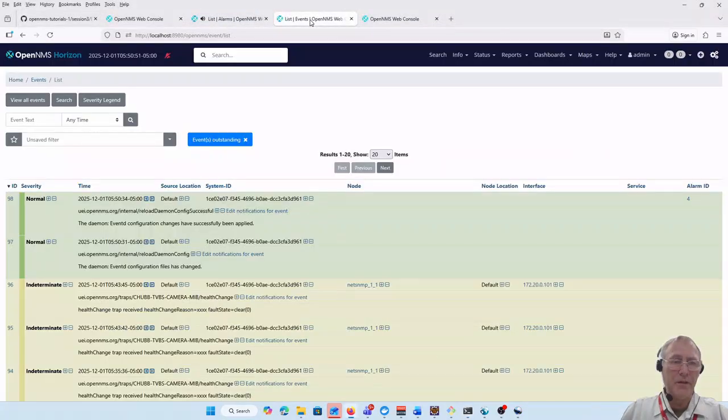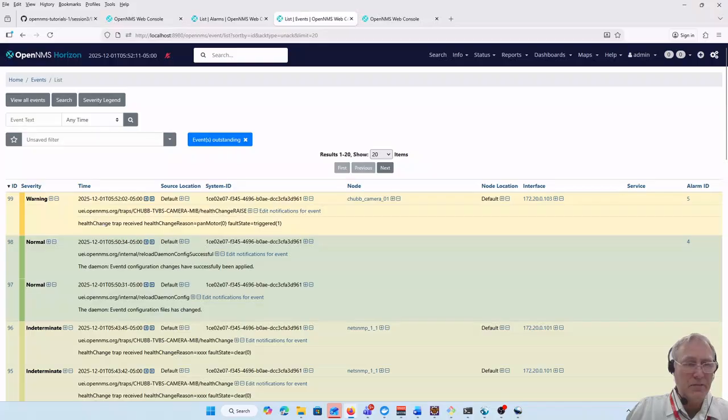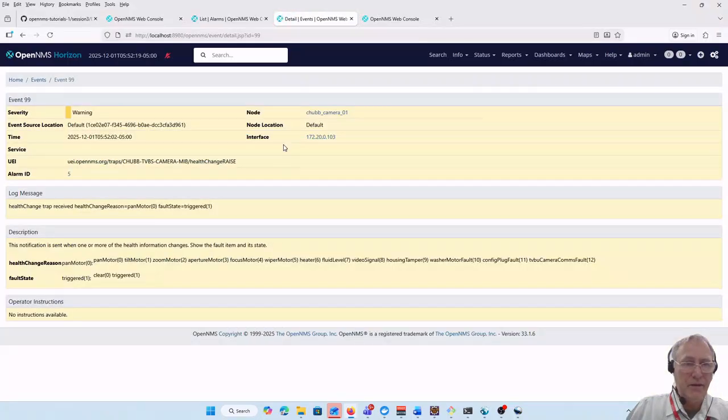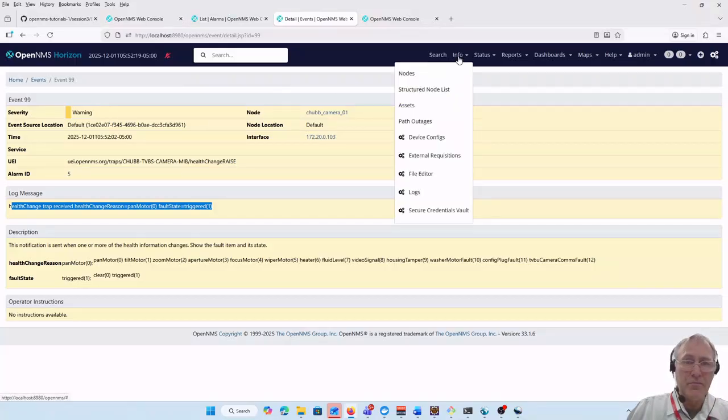Now you can hear the wee noise happening, and that's because I've turned on the alarm noises. So if I view all events, we'll see that we've got a health change raise that's happened. And I'm actually going to click on that alarm. And you can see that I've got information here about the alarm. Health change not received. Pan motor is the reason, and the change to 1. That's good. And if I go to alarms,